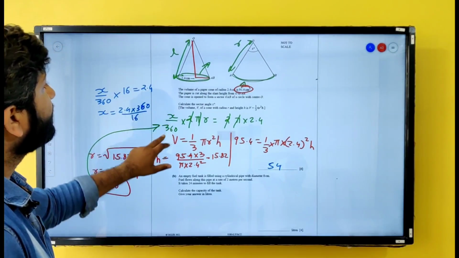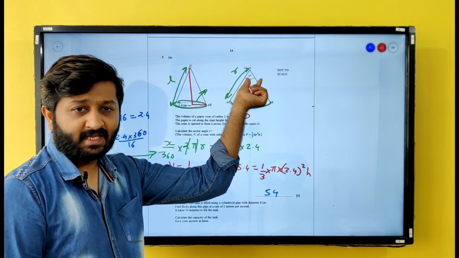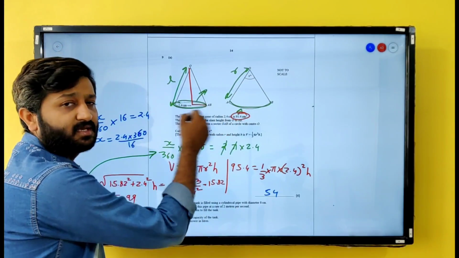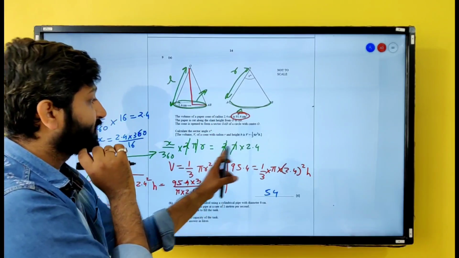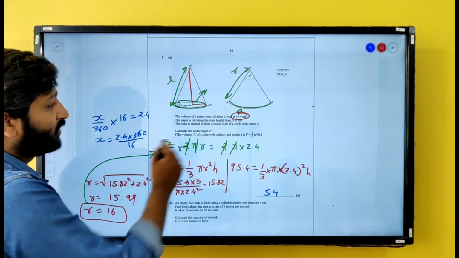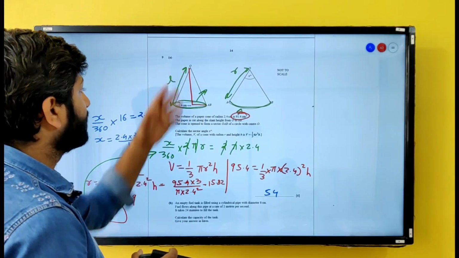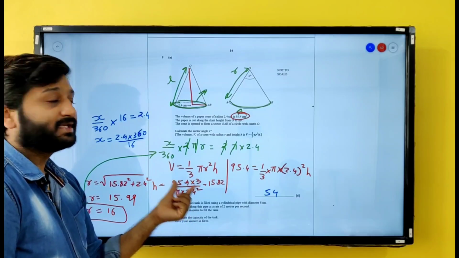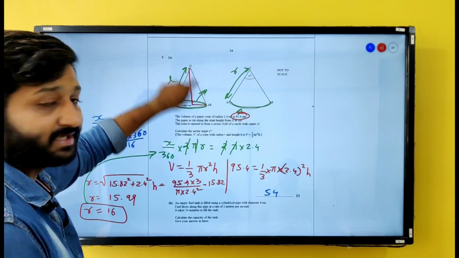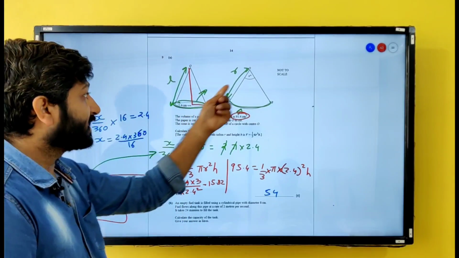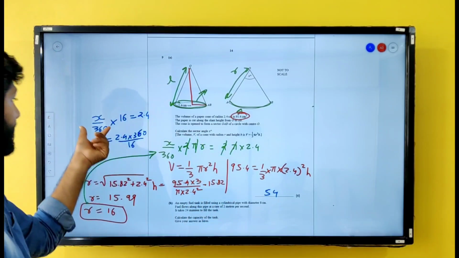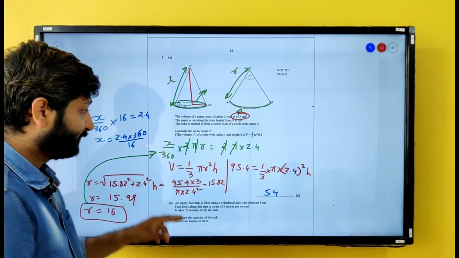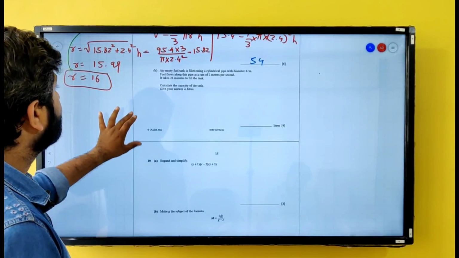So guys, what did we do? We first had to find angle x, right? So we know theta upon 360 into 2 pi r is going to be the circumference of this cone, which is 2 pi r. But we didn't know the radius. So we tried to find out radius using the volume. From volume, we found out height. Using the height, we found out this length L. Now this length L becomes radius of this sector. So I substituted the value of r in this equation and I got the value of x. Right? Next question.